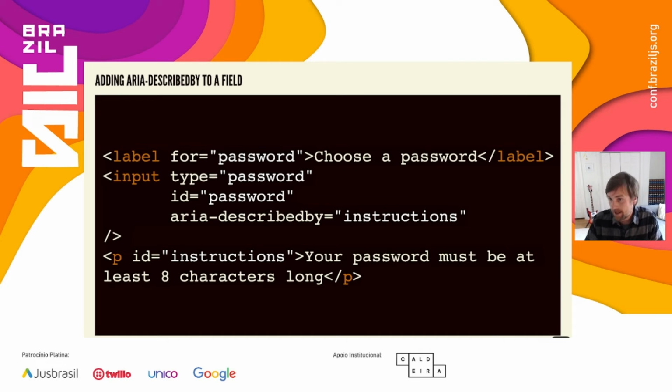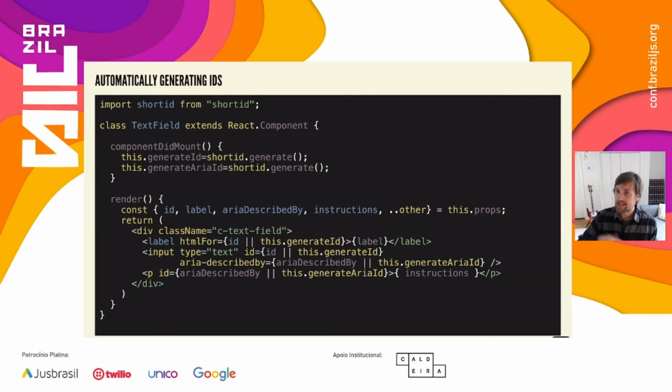And this is not terribly difficult, but whenever push comes to shove, whenever you multiply the number of form fields that we create and launch out into the world, these are the kinds of things that tend to slip between the cracks. So this is where a design systems component library can really step in and save the day. So what can happen is we can take that on as a design system team and build a text field component that takes these relationships into account and takes care of them